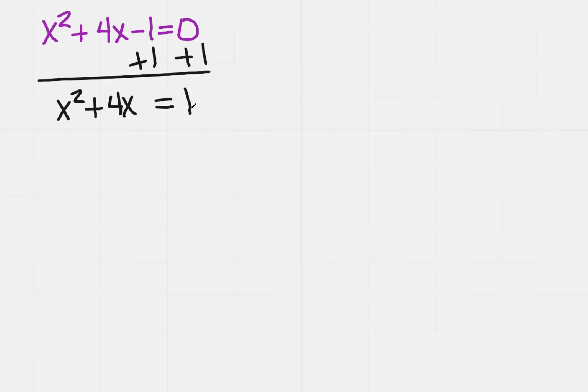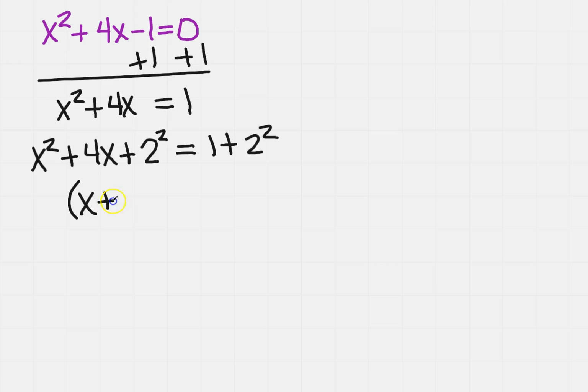So now I'm going to do just like I did before. I'm going to complete the square on the left. So I'm going to have x squared plus 4x. Now half of 4 is 2, and then I'm going to square that. Now if I put 2 squared on one side, remember whatever you do on one side you have to do to the other, so I'm also going to have to add that 2 squared to the right. So when I factor the left hand side now, I get x plus 2 squared equals 4 plus 1 is